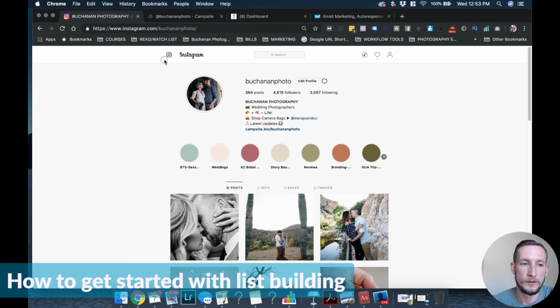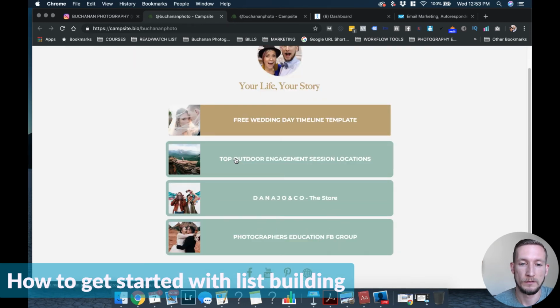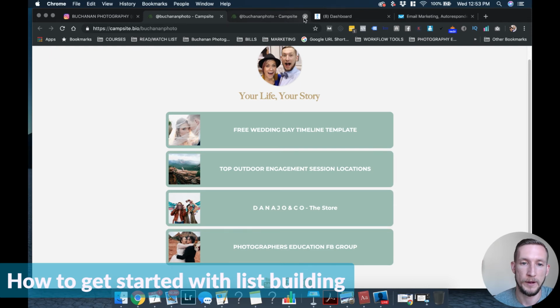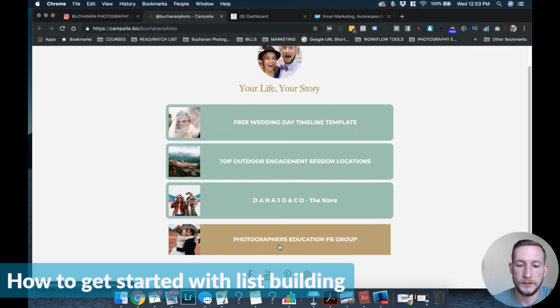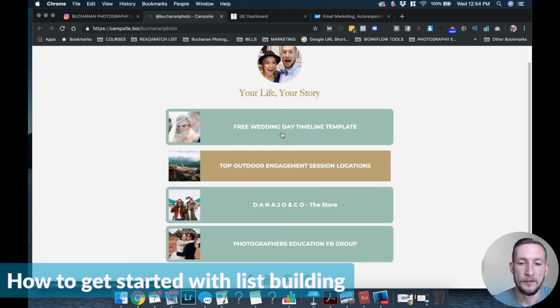I wanted to show you guys what we do on our Instagram profile. So if you click this, instead of just sending them over to my website where people may bounce and I'll never see them again, we have this little link builder, right? A lot of people use Linktree, and there's a bunch of other programs. Ours is Campsite Bio. So you can see our group, our store. This is a blog post. If I click this,